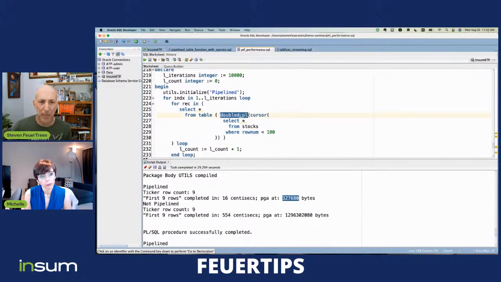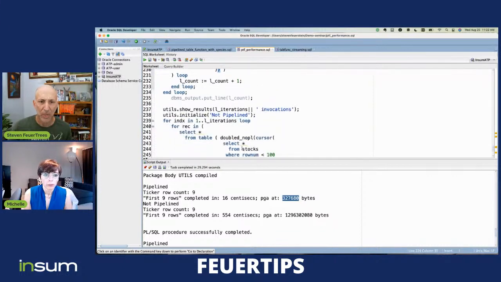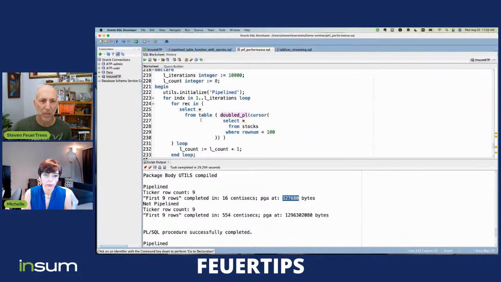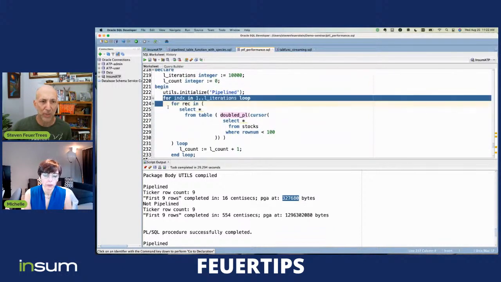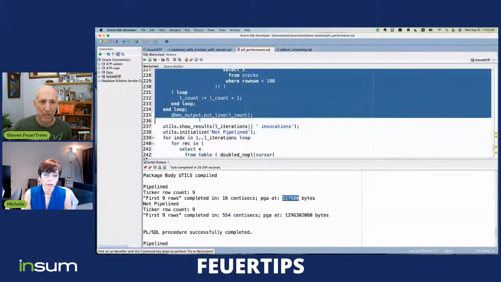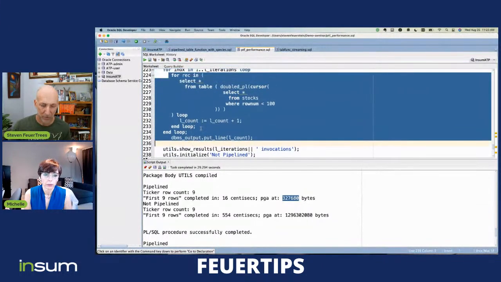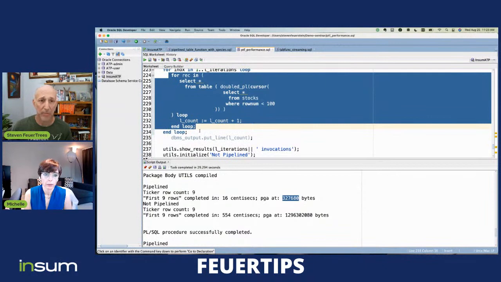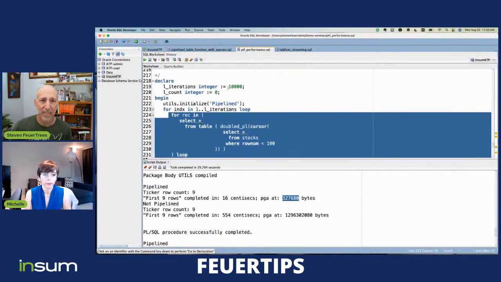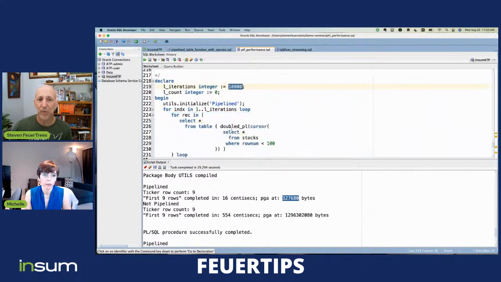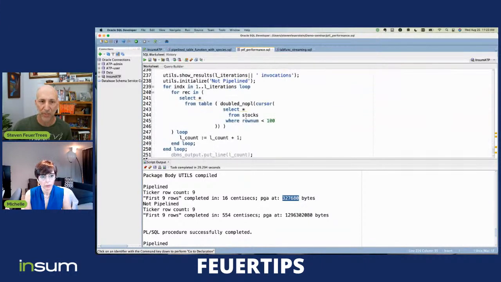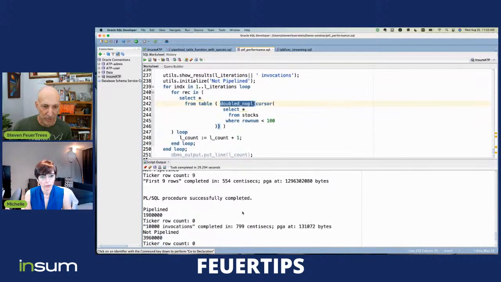So here's my doubled pipeline, here's my doubled non-pipeline. And what I did was put it inside a loop. So I'm going to execute this query multiple times, in this case, 10,000 times. So we'll see what the impact is of calling this thing over and over again compared to calling this thing. And the answer is